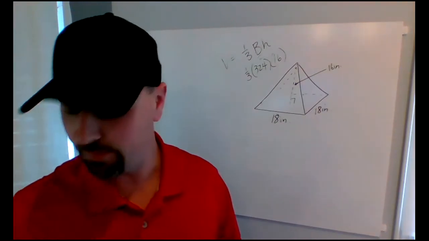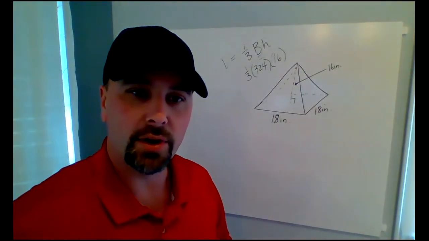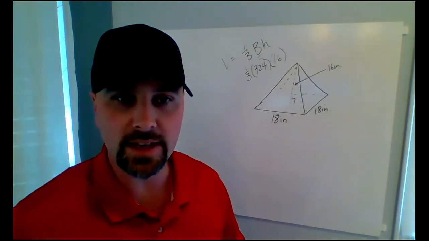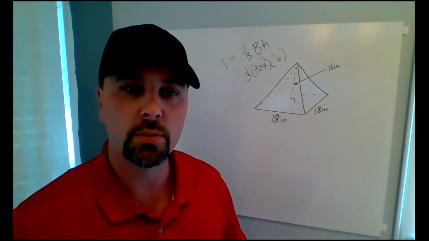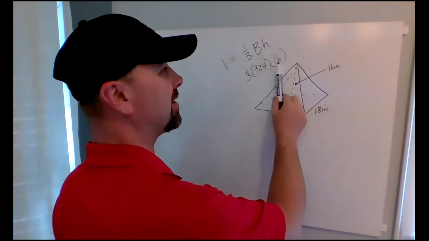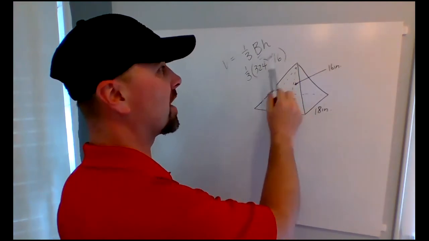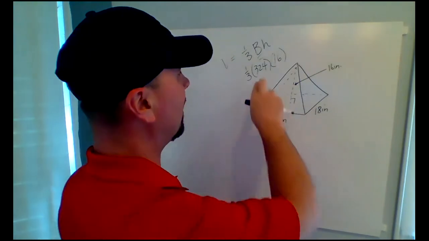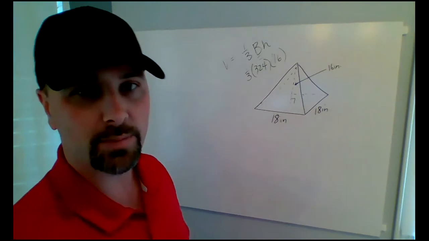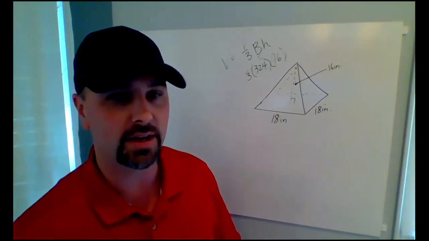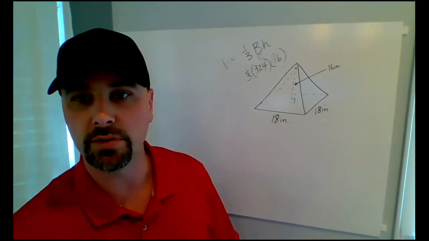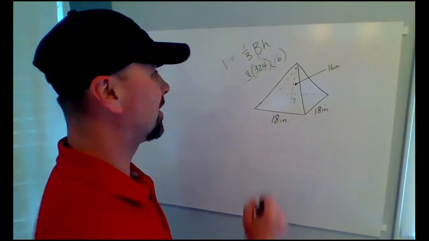So really, anytime you multiply by a third, you really just divide by 3. We don't need a fancy calculator to multiply by a third. We're just going to divide it by 3. Now, I can either multiply these two together and then divide by 3, or I can divide either of those by 3. What I know is 324 is divisible by 3, so I'm going to go ahead and do 324 divided by 3. 324 divided by 3 is equal to 108,